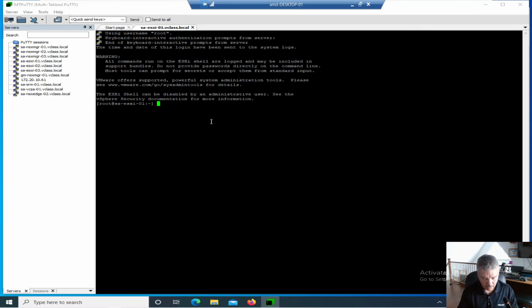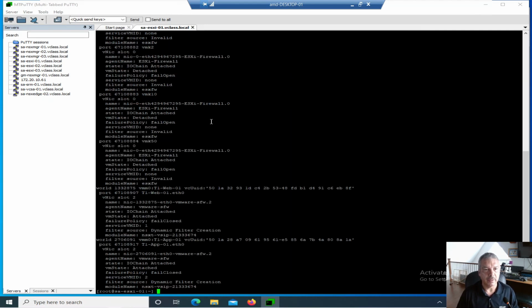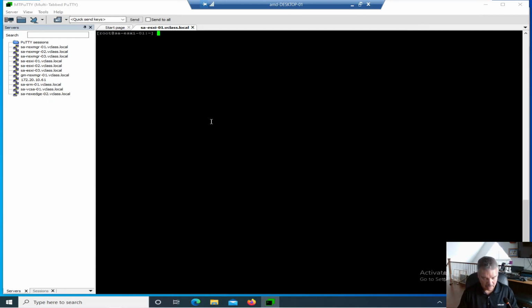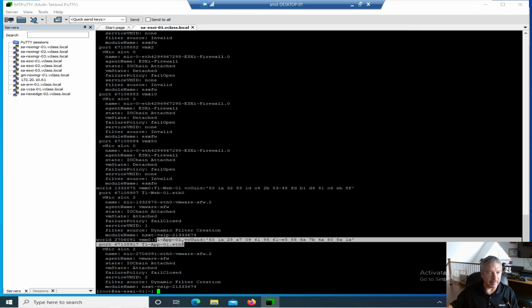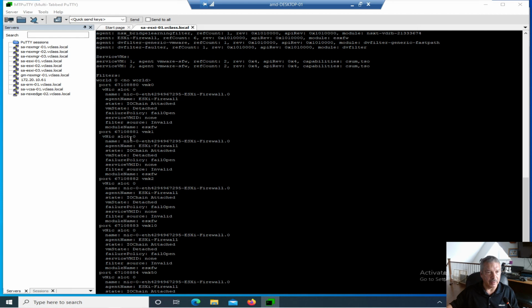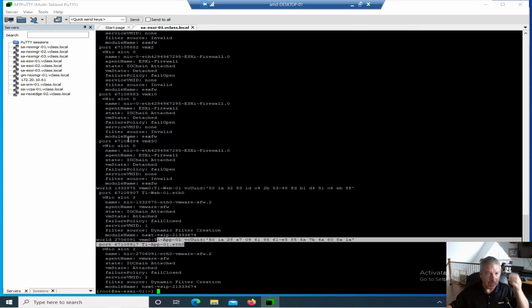I'm going to type in the command summarize-dvfilter. I hit enter. Sorry, I went too fast on that. Summarize-dvfilter. When I hit enter on that, you basically get all the filters on this host. You'll see towards the middle, it says world. And then you'll see there's my web VM, and a world over here. Here's an app VM. There's other processes up here, like the ESXi firewall. But let's look at the